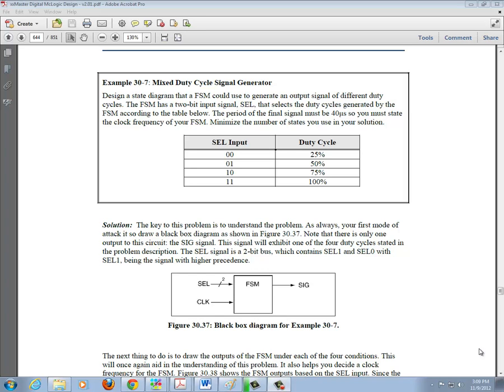So let's walk through another practical example of a finite state machine. Here we're going to use finite state machines to generate a clock signal of various duty cycles for us. So here we have example 30-7, a mixed duty cycle signal generator. And we're going to design a state diagram that an FSM could use to generate an output signal of different